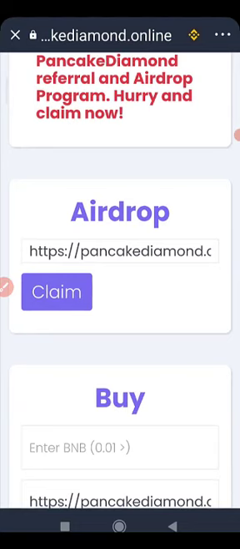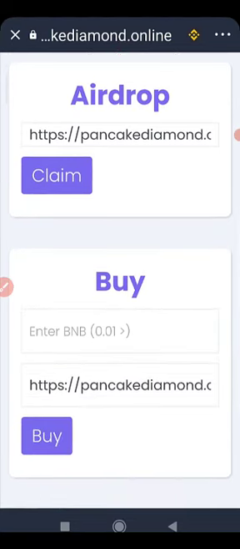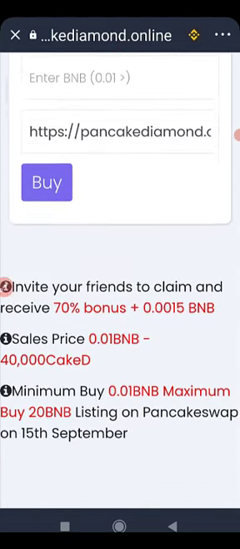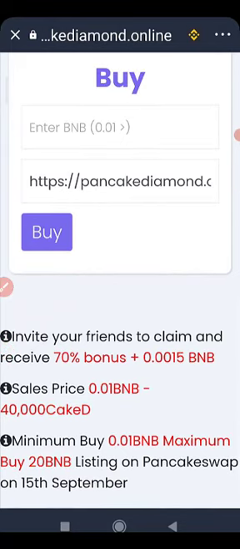You click on claim airdrop. You can buy this if you want to, but I'm not a financial advisor, so feel free to do your research and diligent research before you decide to buy. I would also advise buying only the amount of tokens you can afford to lose in the worst-case scenario. You see: invite your friends to claim and receive a 70% bonus plus 0.0015